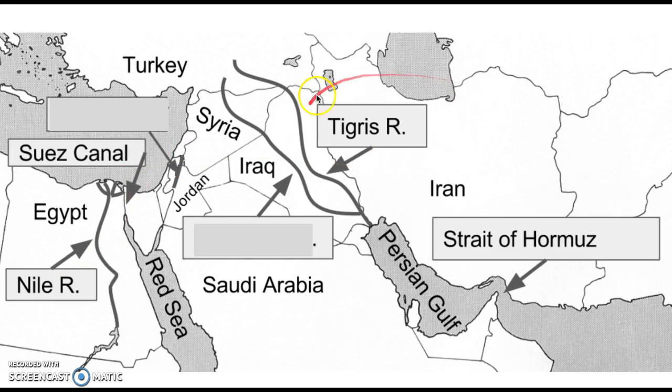Next on our list, here in the middle, is going to be the Tigris River. The Tigris River starts in Turkey but runs through Iraq. It is located from the Turkish mountains in the north, what we would call the Taurus Mountains, and ends in the Persian Gulf. So again, it's going to start up here in Turkey and make its way all the way down. The majority of it is in Iraq. That's going to be the biggest part of the river.